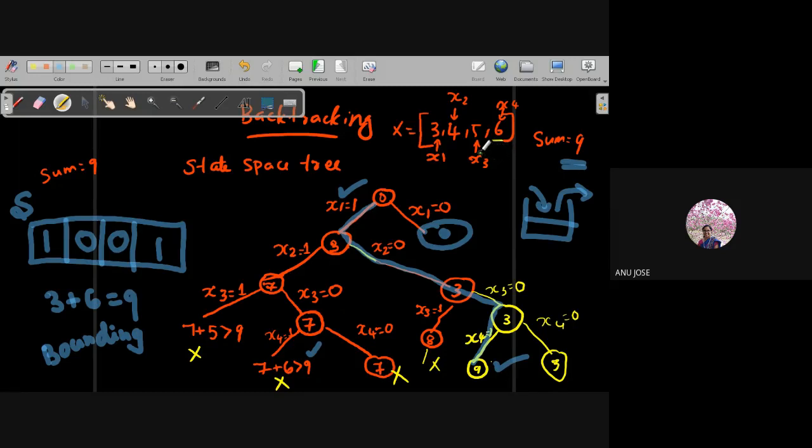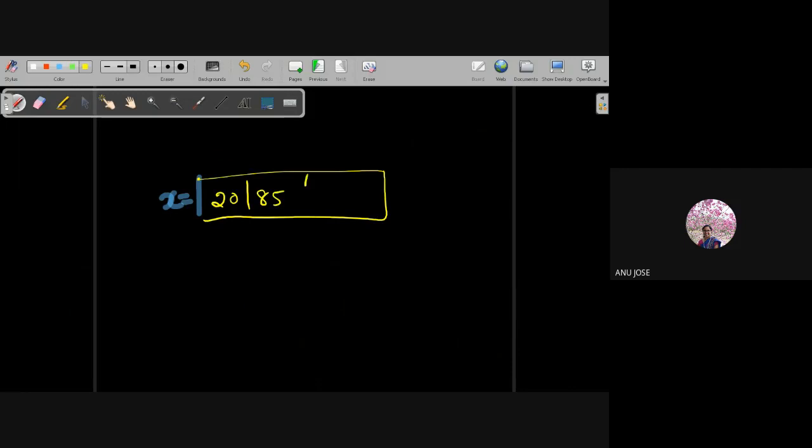And the next point I want to mention is, in case the first element itself is larger than the sum I am searching for. For example, look at X, where I have the elements 20, 85, 99, 100, and I am searching for the sum of 15.